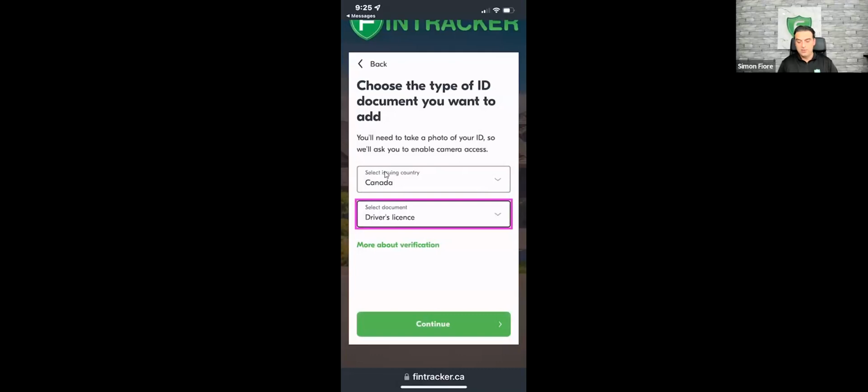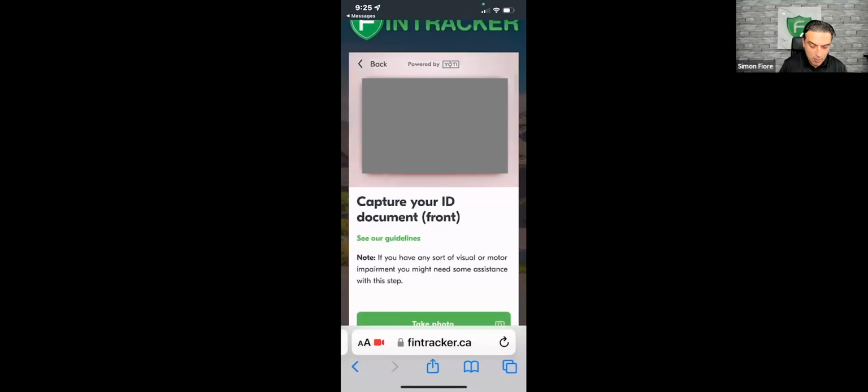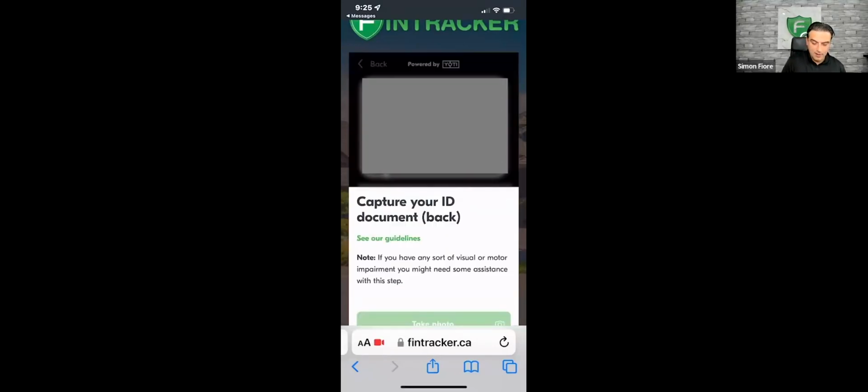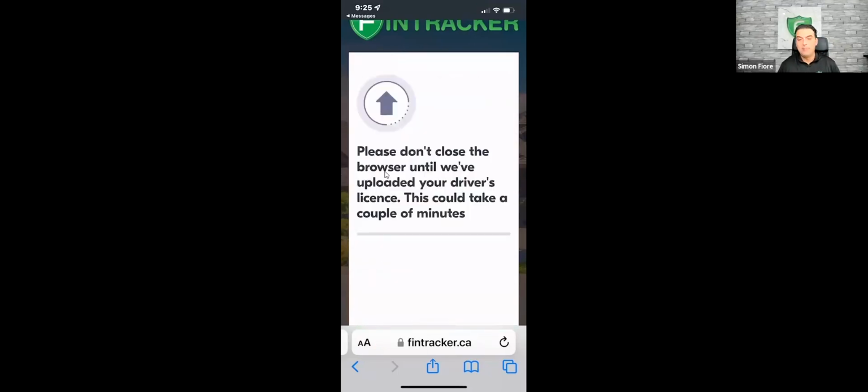I'm going to use my license again. We ask for access to their camera one time only. We don't keep access like other apps. We want to make sure they take a nice clear photo of the front. I'm going to flip that ID around and take a nice clear image of the back. And if they're able to do that with a steady hand, they're going to upload, and our software is now